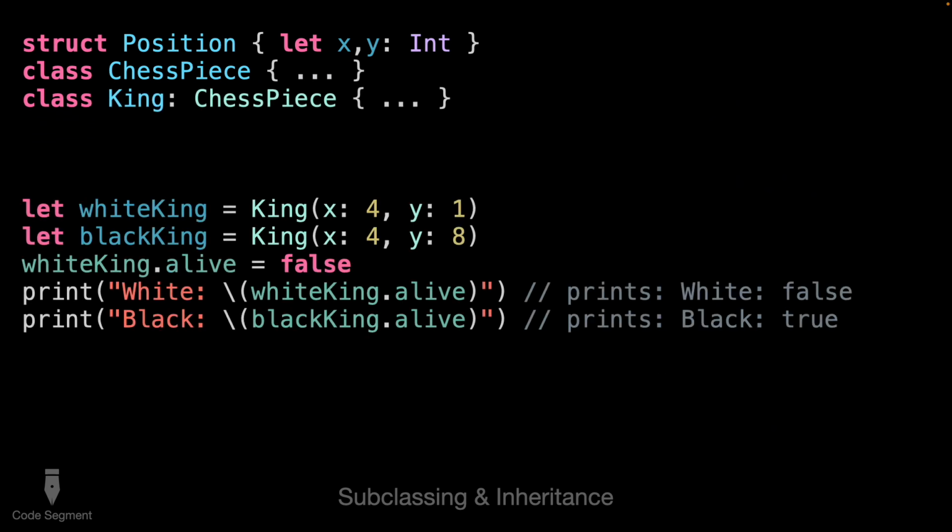So continuing with our subclassing and inheritance, we can take a look at how this interacts with having multiple different instances of king, right? So it's just important to note